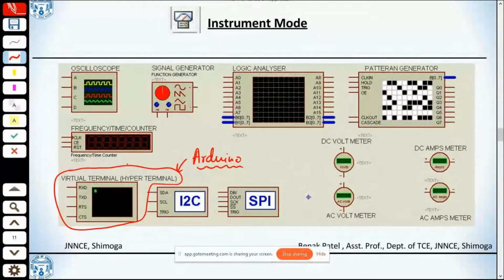We can have the same values in this virtual terminal, or it's also called hyper terminal. And we do also have I2C and serial peripheral interface. We do also have oscilloscopes, signal generator, logic analyzer, pattern generator, frequency time counter. We do also have DC voltmeter, DC ammeters, AC voltmeter, as well as AC ammeter. But right now we majorly concentrate on this virtual terminal.